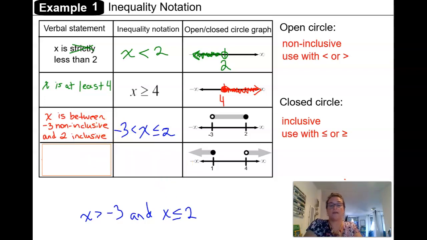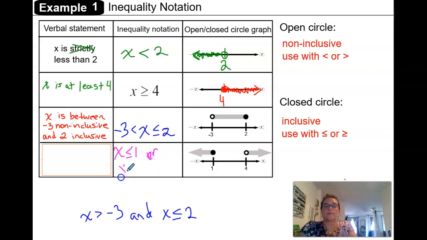Okay, so then in our last row here, we have another graph, and this time instead of the shading being between the values on the number line, it's shading away, right? And that means that we won't have an and compound inequality. Instead, we would have an or, because it's either shading down toward negative infinity, or at the 4, it's shading up toward positive infinity. So we know, since there's a closed circle at the 1, that the x is less than or equal to 1, or